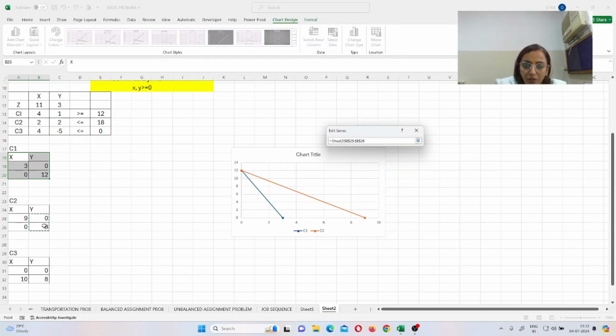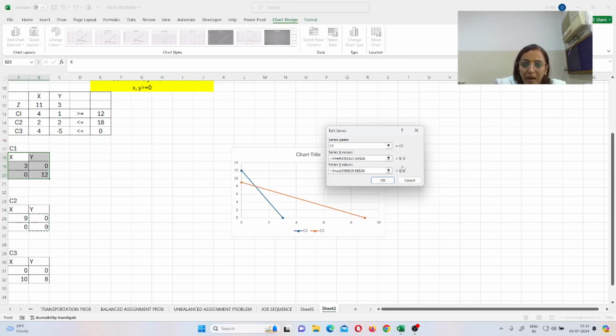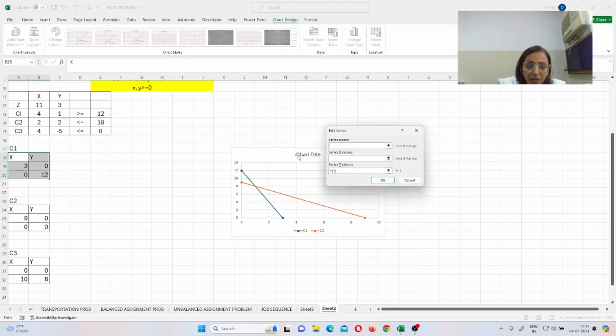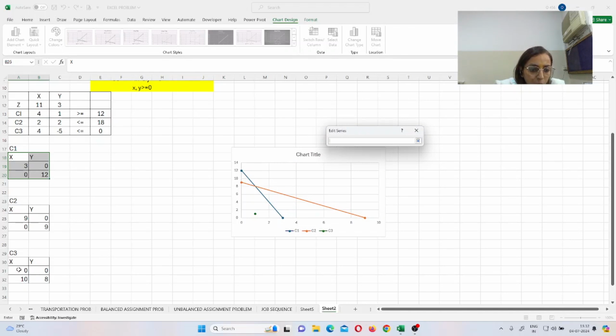Now okay. Now you have to add one more series, put the name as C3, values of series X is 0,10, right, put it over here, Y series it is 0,8, so select 0,8.